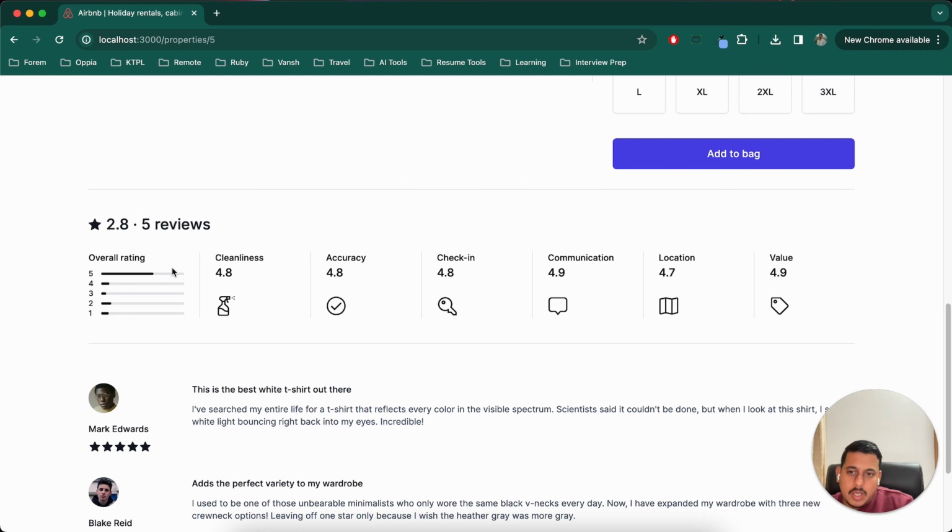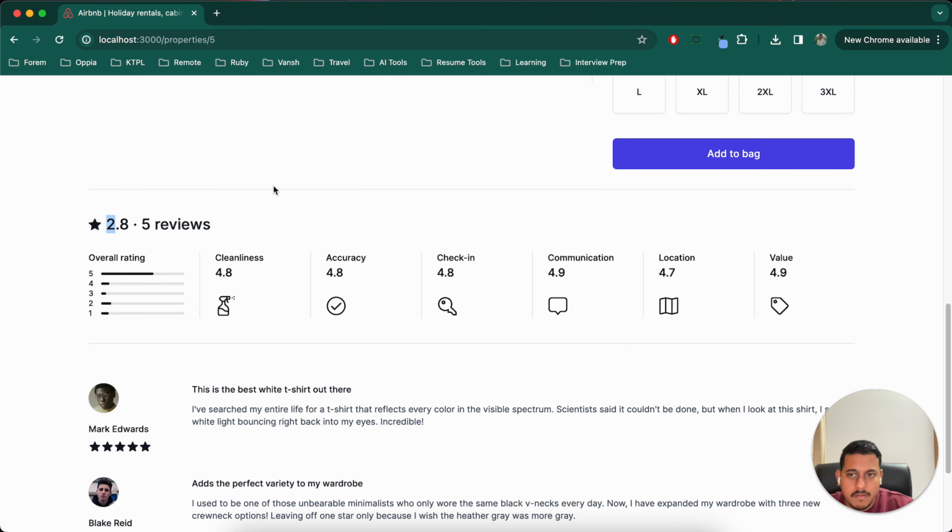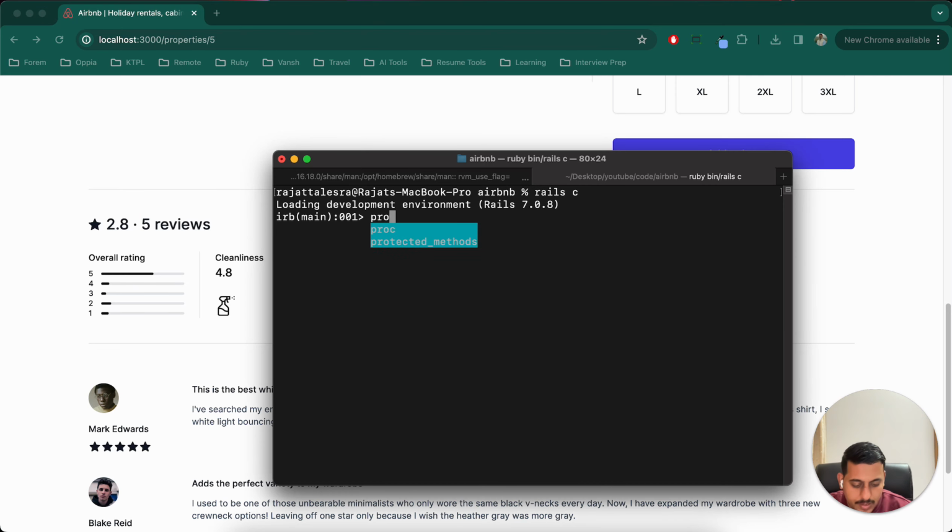Now we have to focus on the average of cleanliness, accuracy, check-in, communication, location, and value, right? So let's try to solve this in our terminal first. Let's go to the Rails console. This is property number 5 and we already know the average. So let's grab this property,